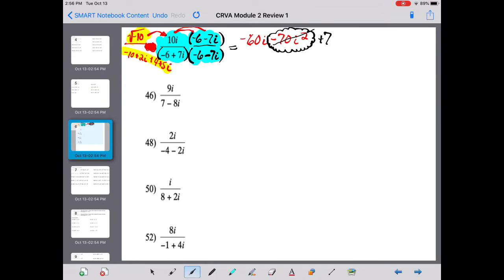So I'm going to put plus 70 because it's negative 70 times negative 1. On the bottom, we get 36, 42i, and then distribute the negative 7 through, you get negative 42i